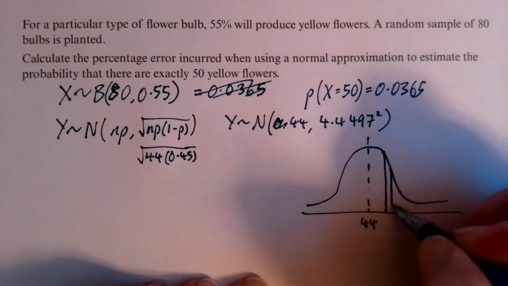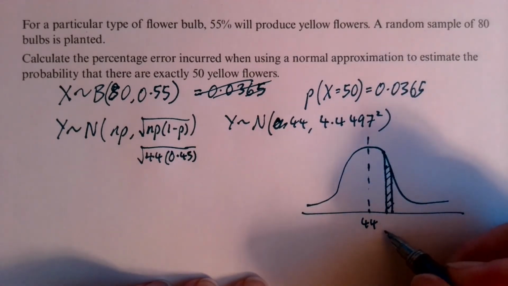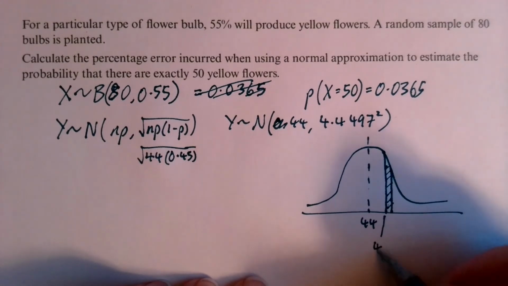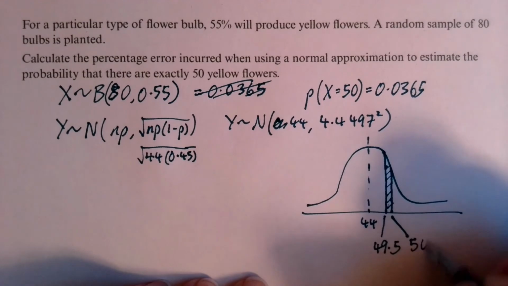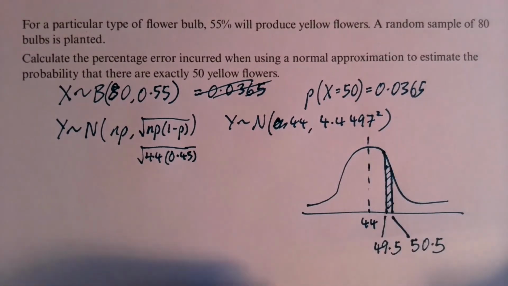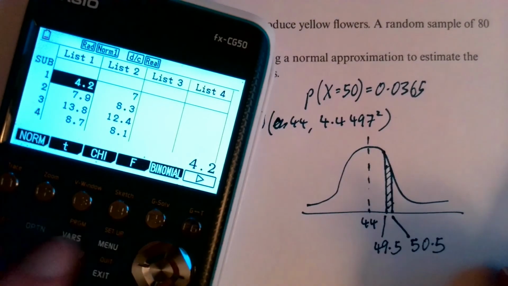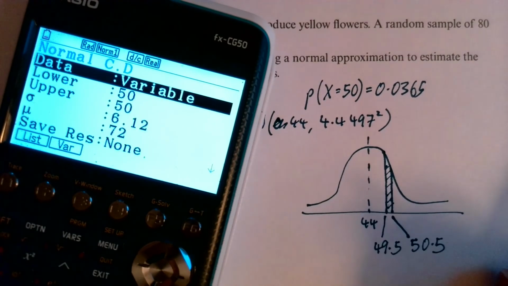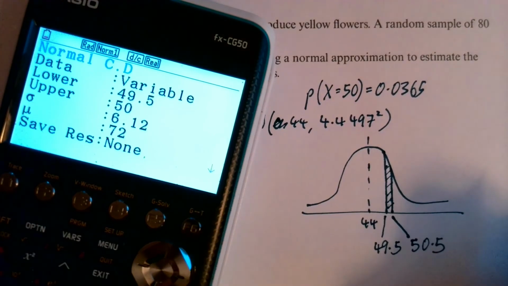But I'm going to put a narrow strip in here, because to get 50 we're going to need the zone between 49.5 on the normal distribution on the continuous scale to 50.5. So then if we go back to normal, we want the lower, not of 50, but 49.5 up to 50.5, and everything,